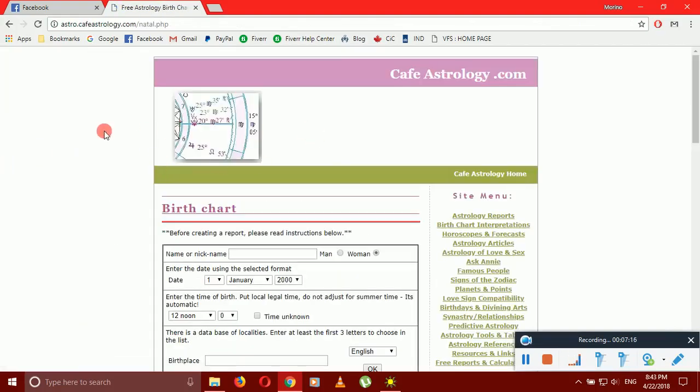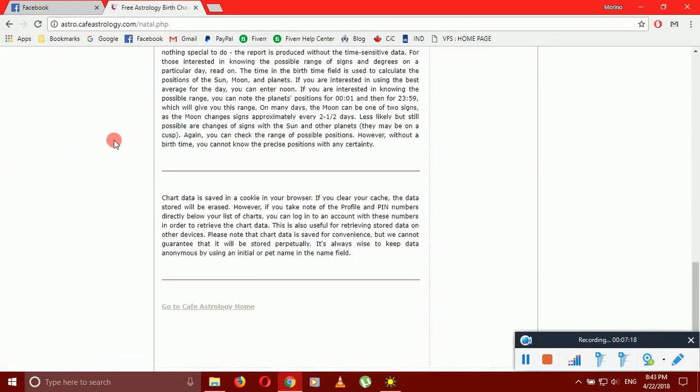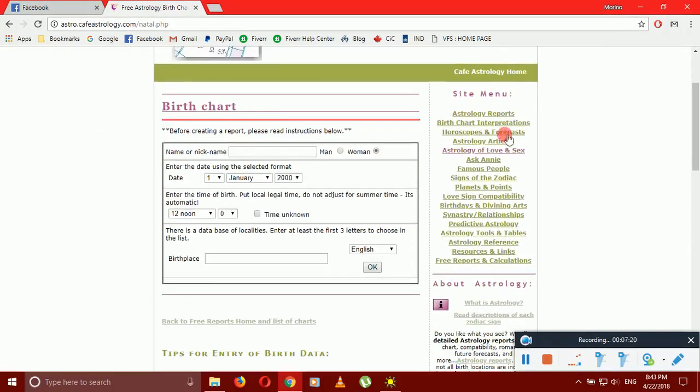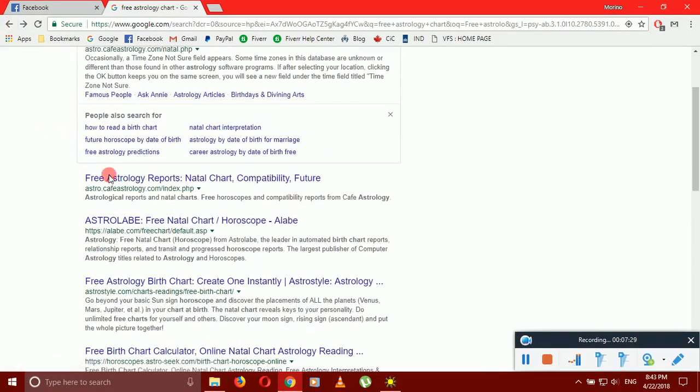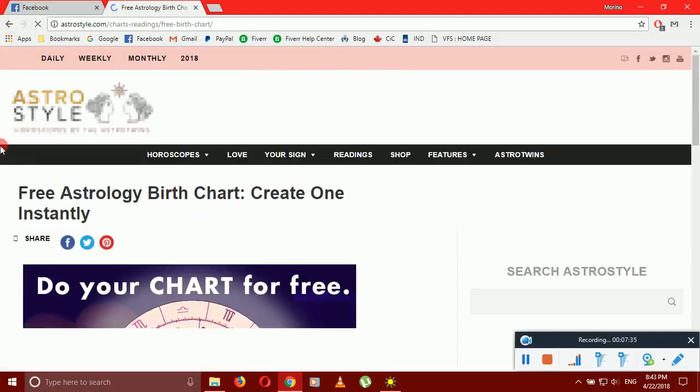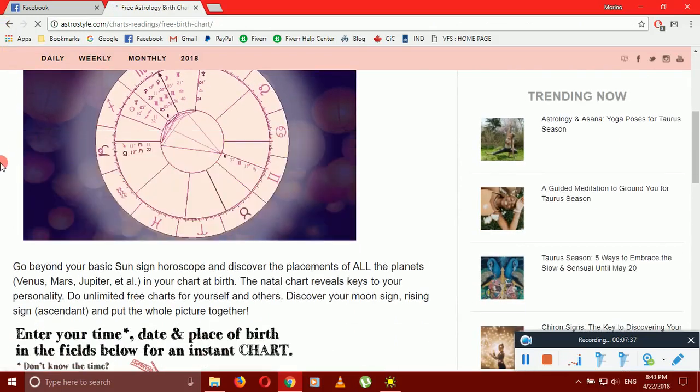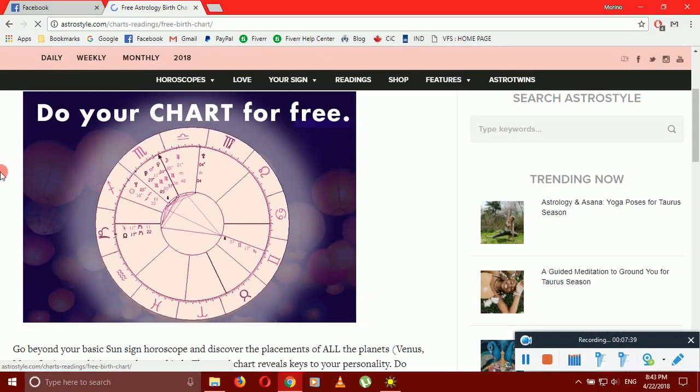If you were to go to a website here, for example, you would not be able to get astrology reports or birth chart interpretations. The charts that you would be able to find online would not do you justice, okay, in terms of what you want. Even if you were to go to free charts online, these charts are inconvenient.